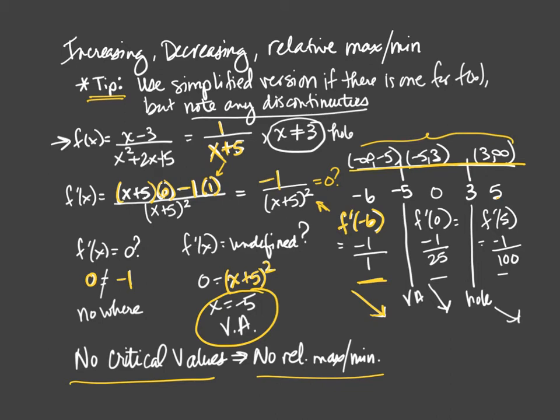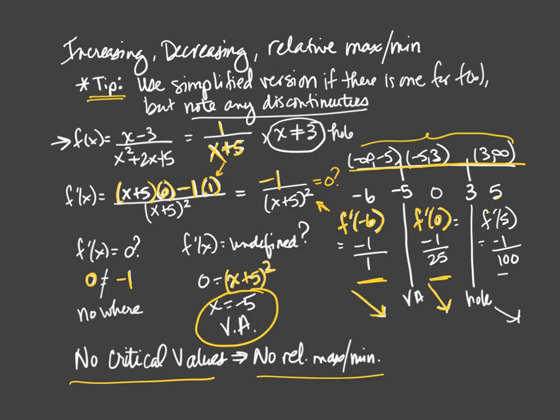Okay, the next I'm going to check the sign of the derivative at 0. And again, I plug that in, so it's negative 1 over 0 plus 5 squared. 0 plus 5 squared is 25. That is, again, negative. So once I come after the vertical asymptote, I pick my pencil up, go to the other side, it is decreasing.